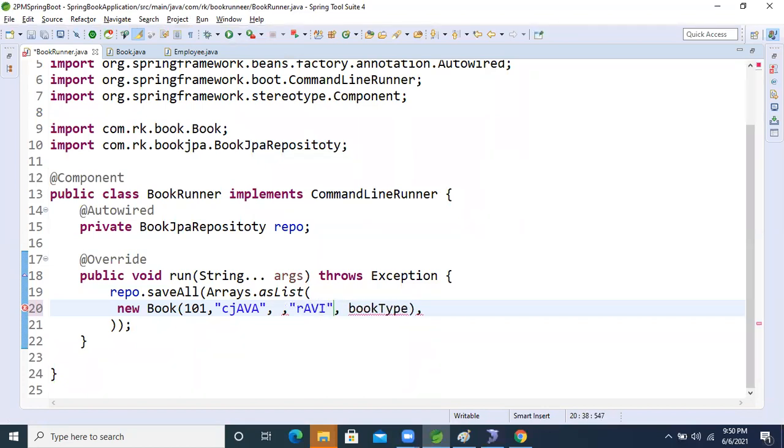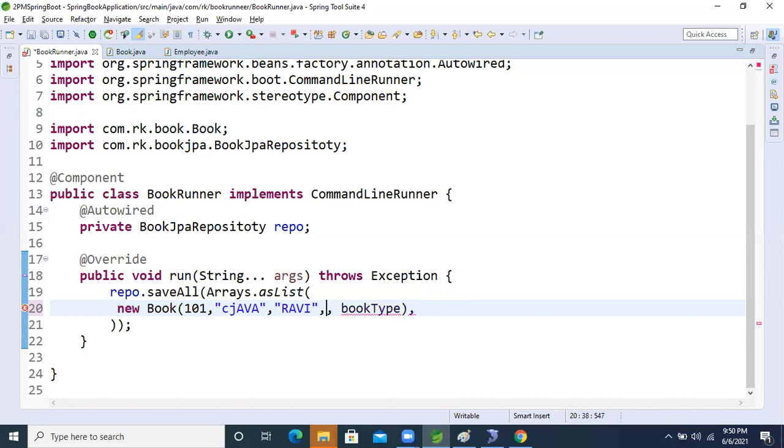Second book. One comma is there. Yeah, correct. Here, what is that? Book cost, right?